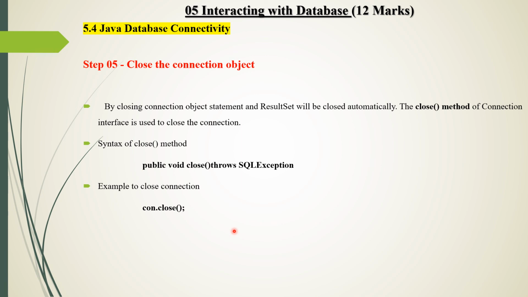So these are the 5 steps to connect with any database, and it is very important. Every step has one method. Remember that method. First step, to register the driver class, the method is forName. Second, to create a connection object, getConnection is the method. Then next one is the statement object, the createStatement method. Every step has one method. The last, the close method, is used to close the connection object. Then executeQuery for the fourth step, to execute the query. So remember the methods for every step.